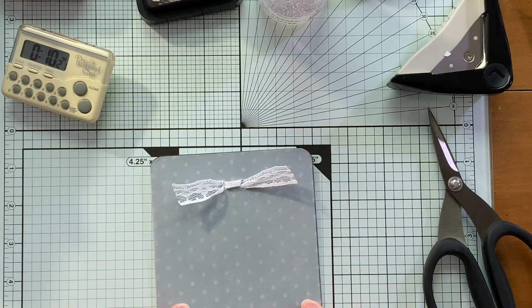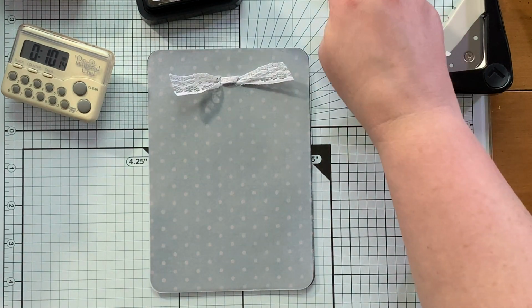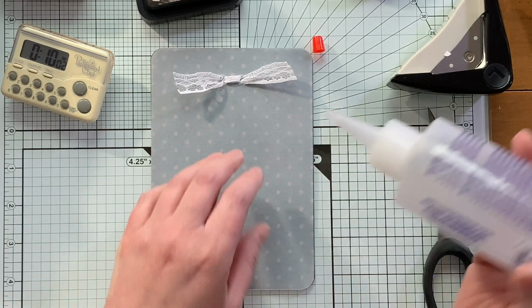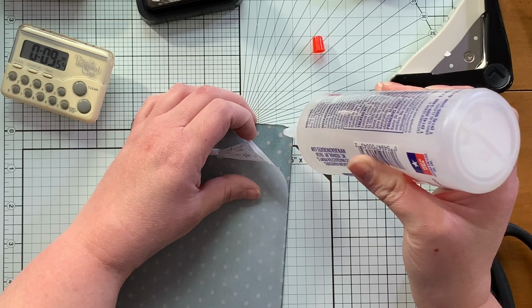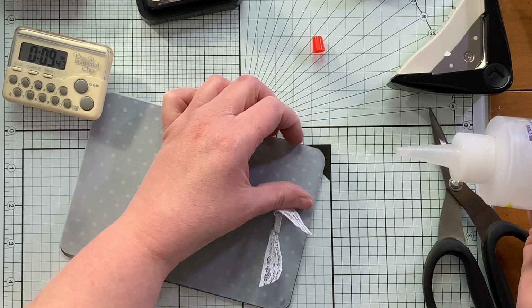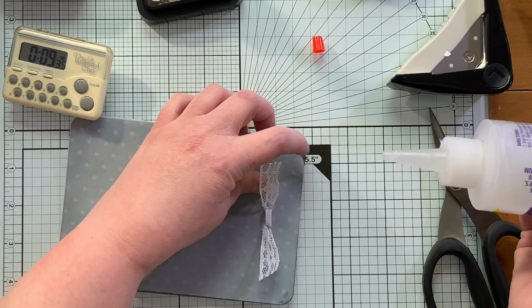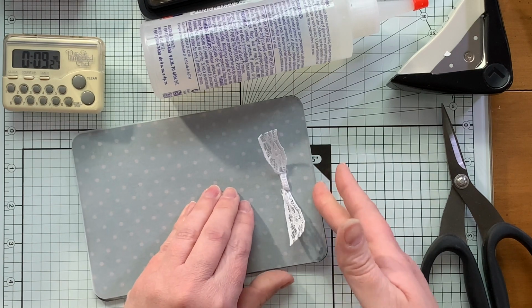And then what you can do, you've got kind of a flip up here, and you could just glue this whole thing down onto a page. Is this what I normally do? I'm trying to think how I normally, I feel like I did, I haven't messed with this stuff for a while, but I'm just gonna add a tiny dab of glue kind of on the corners. Hopefully, yeah, it's gonna show, isn't it? Dang. I think what I used before was little tiny flat sticky dots, but you know what? Let's see if we can